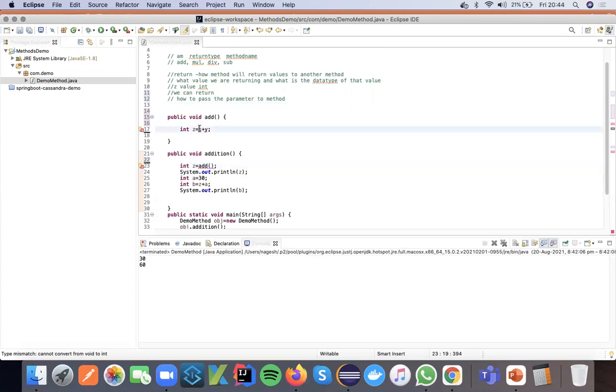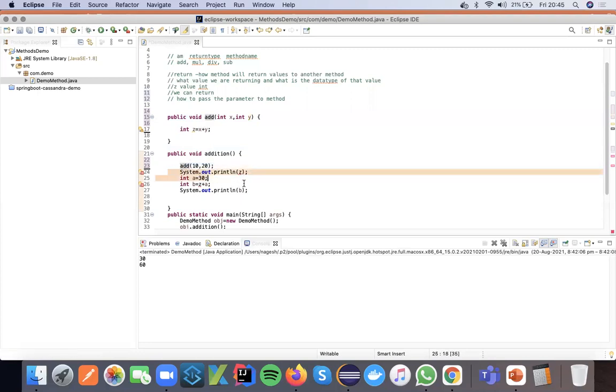Now here x and y I wanted to add, but this method doesn't have the x and y, and I wanted to send them from here, right? So you can send 10, 20. You are sending, but how can you access it? You have to declare what data type you are sending. I'm sending int x, comma int y. This is how we will send the values. So the Z value cannot be accessed because there is no return type there.